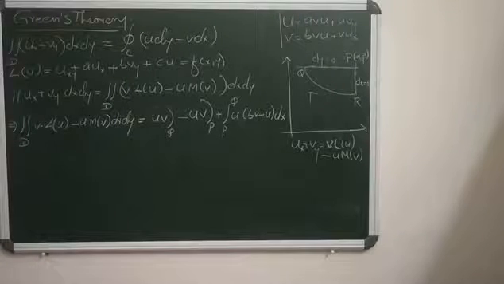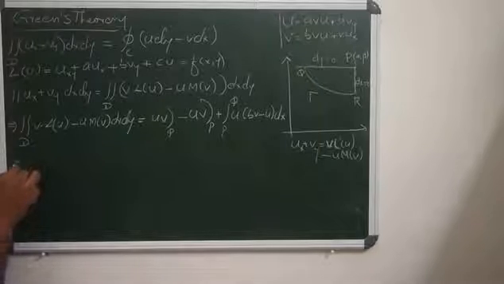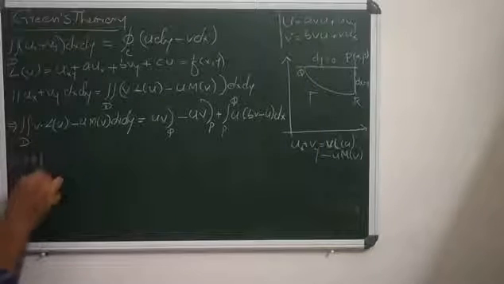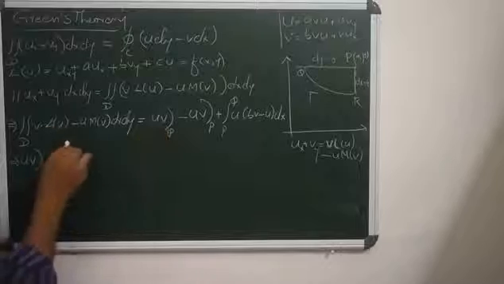Then rearrange that one. From here, what is uv at P? uv along P equals the double integral, bring that one to here. So it is